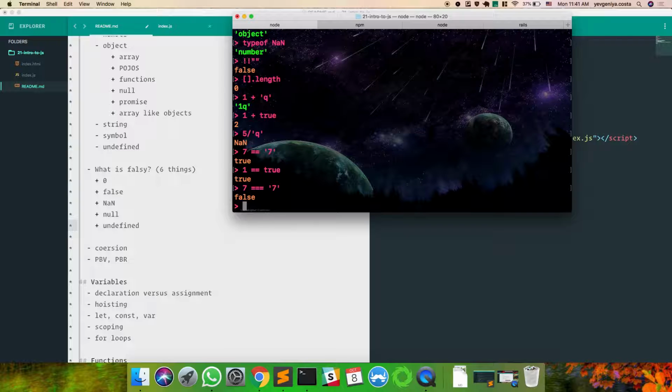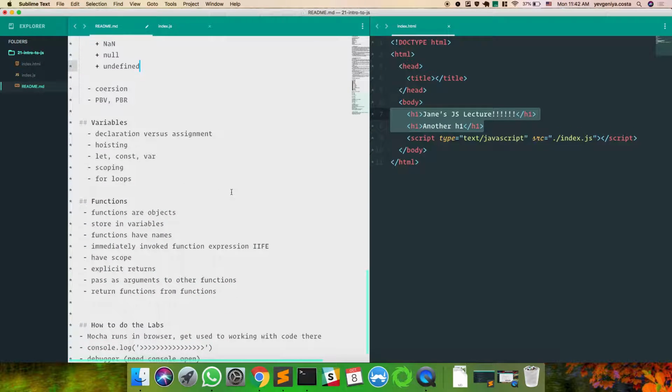It happens. All right. Next thing we're going to talk about, we talked about coercion. Does anyone know what these ambiguous letters are? Speak up, please. So this stands for pass by value and pass by reference. Does anyone have any idea what that even means? Jordan knows.